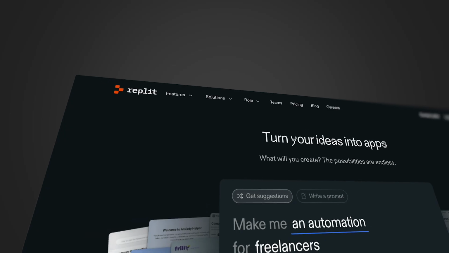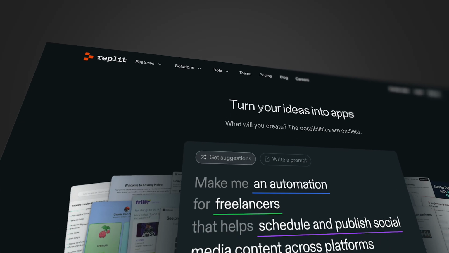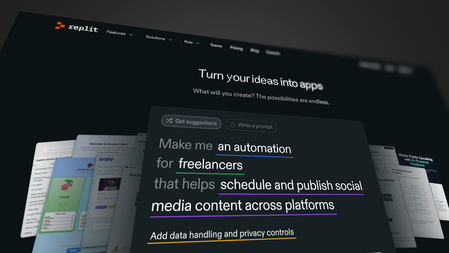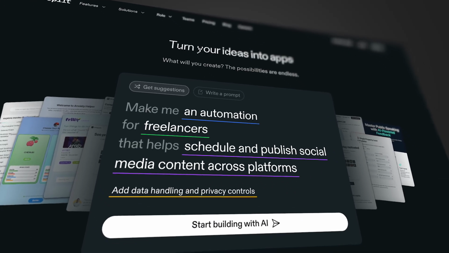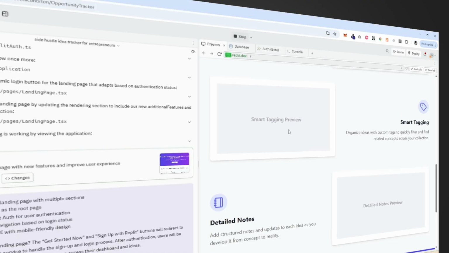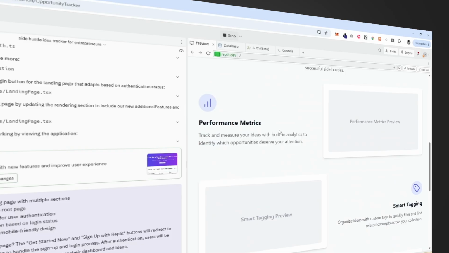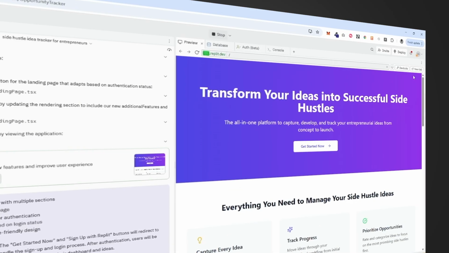Getting started with Replit Agents. It's known as one of the easiest ways to start building applications online with AI without any initial setup. But without knowing any of the core features, you might run into a few dead ends. In this video, I'm going to show you how to use those features to truly unlock Replit Agent's power and